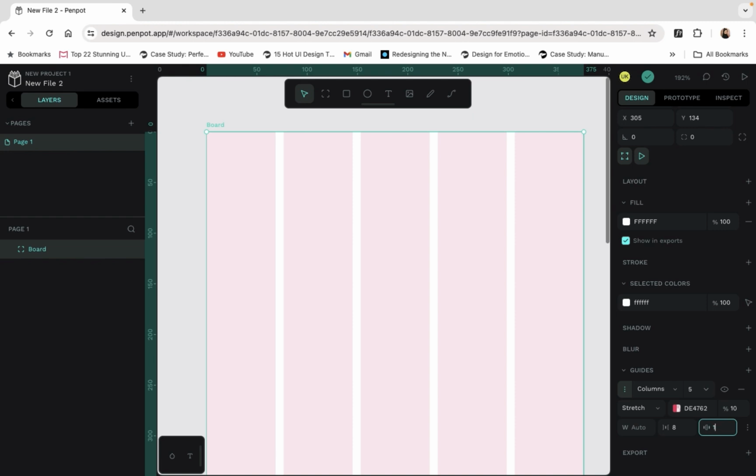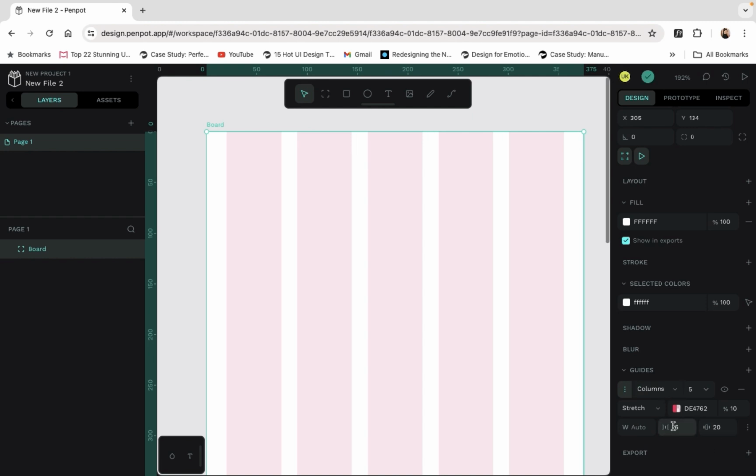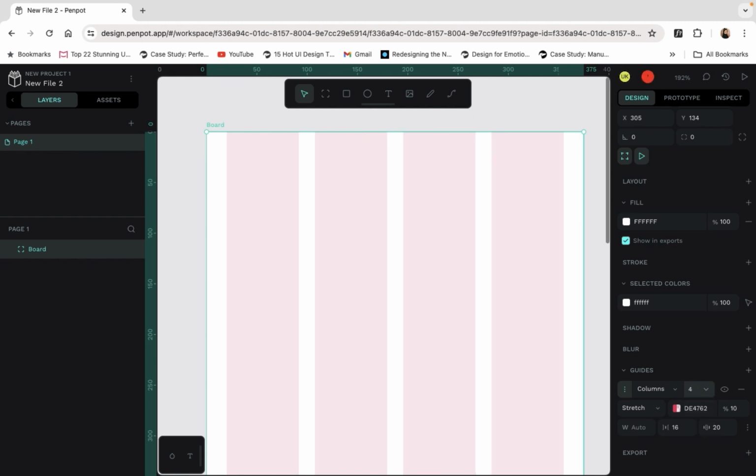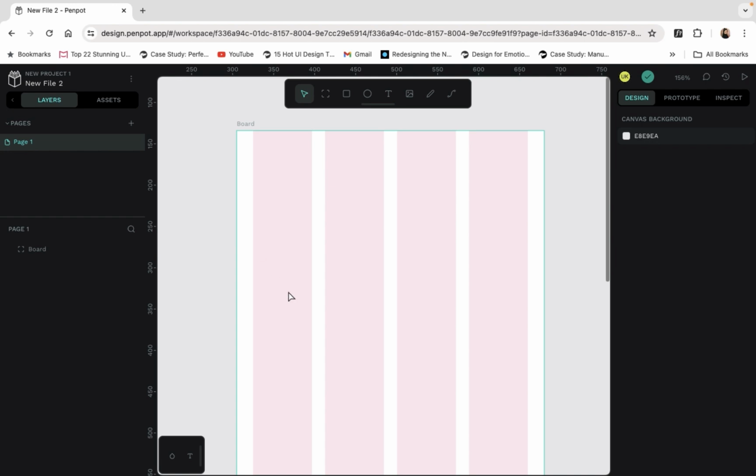So I will add the gutter as 16, margin as 16, or I can just change the columns to 4. Okay, so I have added these guides.